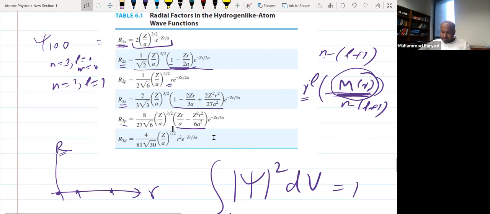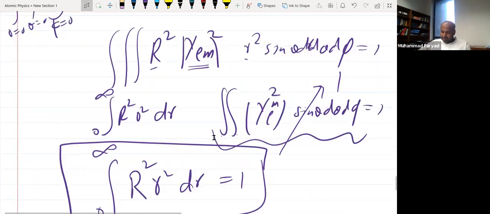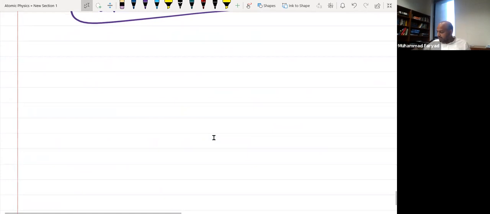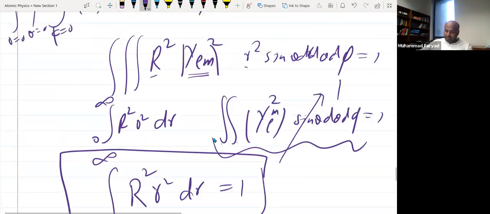Okay, let's just look at some of these radial functions and develop some understanding. For that, let me plot a couple of them as a function of r. So R1s is something like this, because this is just an exponential